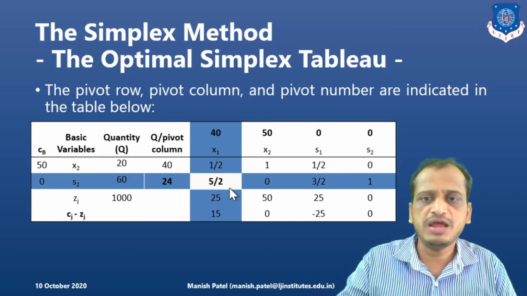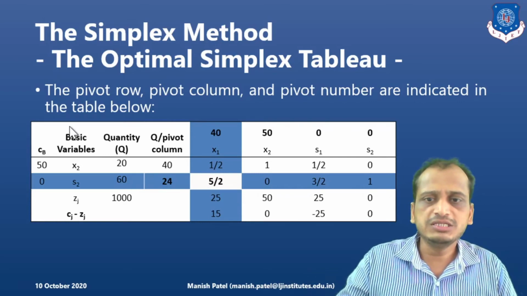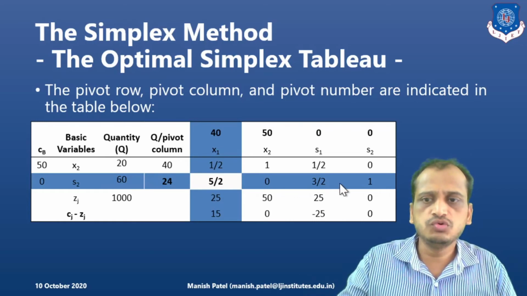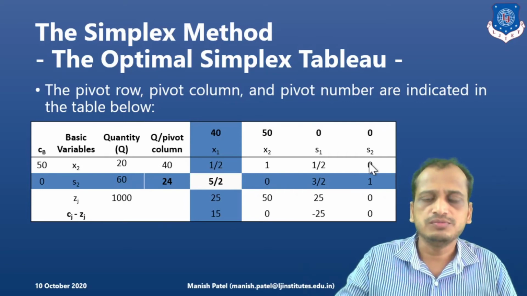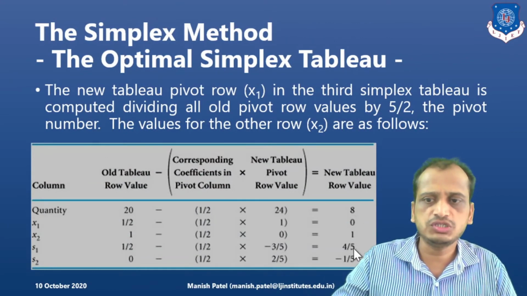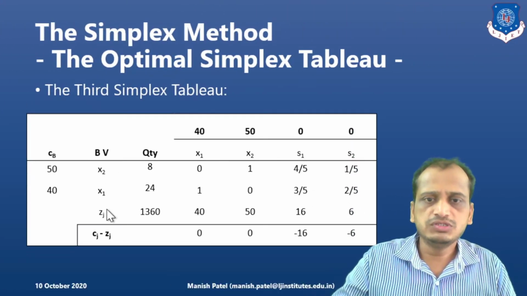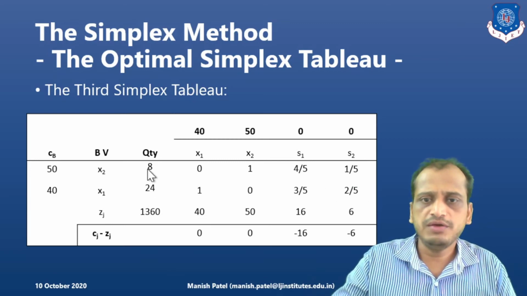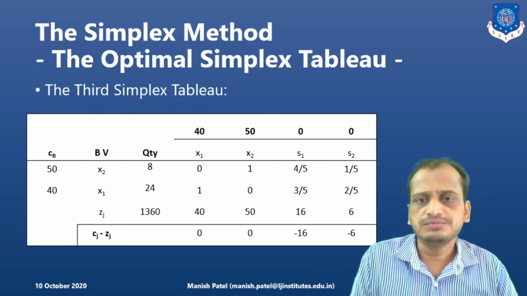Now what is the pivot number? 5 by 2. We will repeat the cycle again now. In the new table, we will divide this pivot number with all the values to get the new row values, and another formula for the new row values in the first row. So let's look into that. Now here these are the calculations for the first row and for the second row we will divide by the pivot number. That is what I have done in the next step. So here if you see the x1 and x2, I have given them based on the formulas which I have shown previously, right?